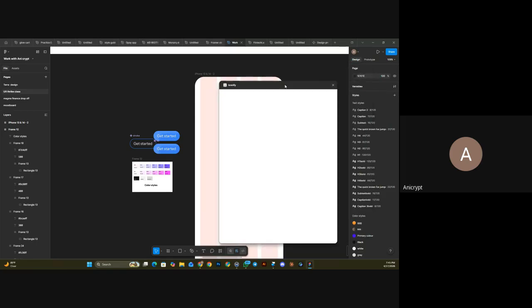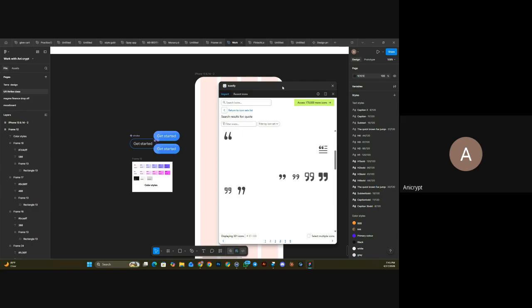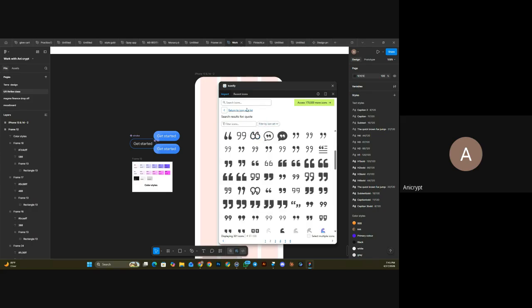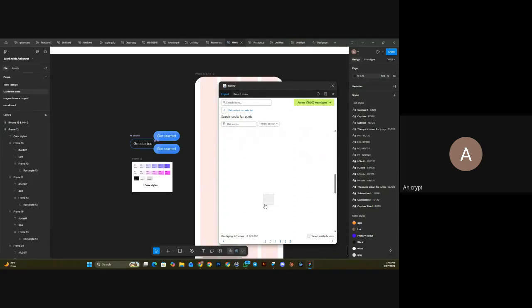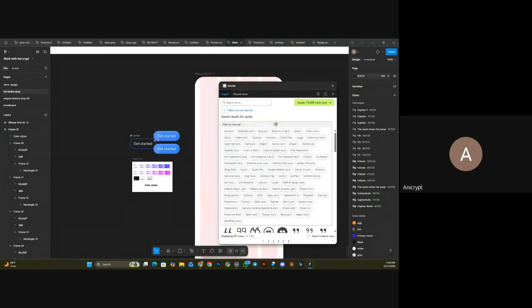I don't know why this thing is slow. So we are waiting for it to load. So we are doing a food delivery app. Okay, now. So yeah, can you see we have over 170,000 icons there, and I want to filter